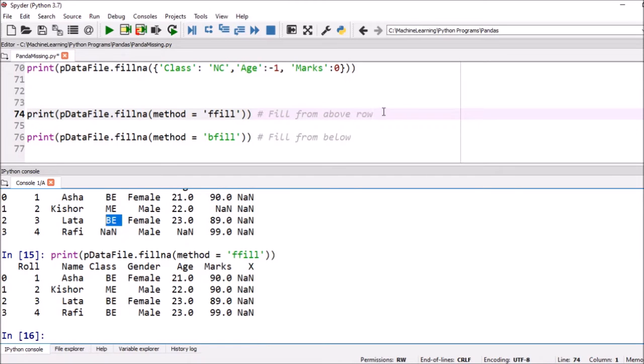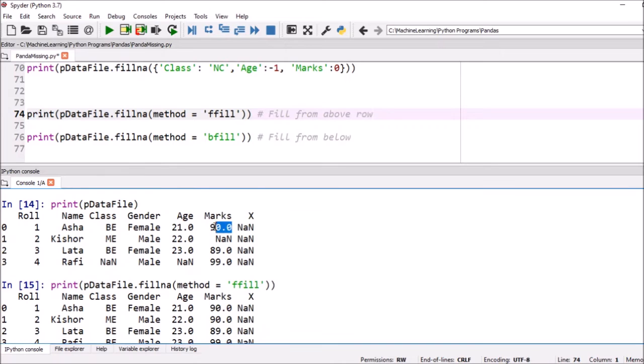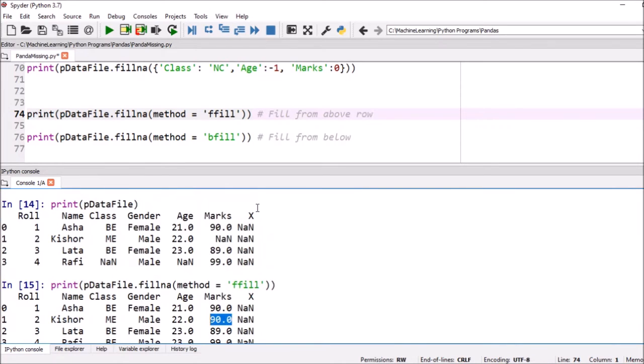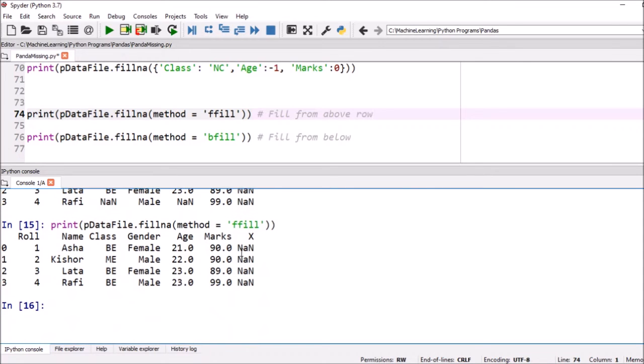Since it is a B, it should be a B. Since it is 23, the next will be 23. Since it is 90, fill with the above row, so it will be 90. Now here, before that no value is there, so keep as it is, all null.